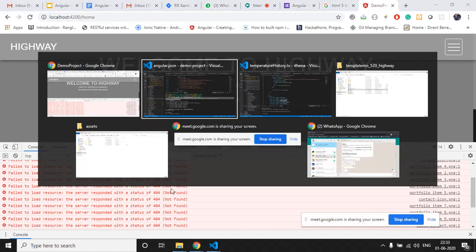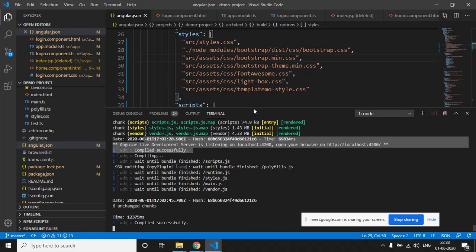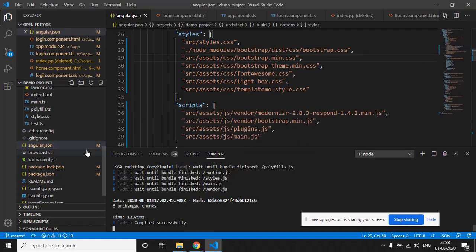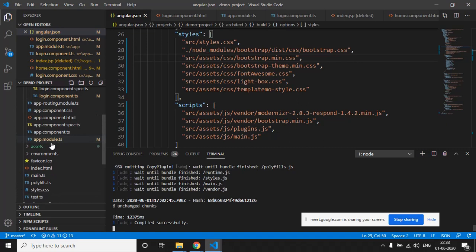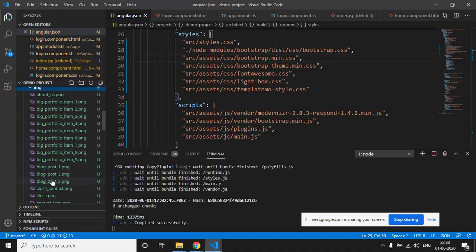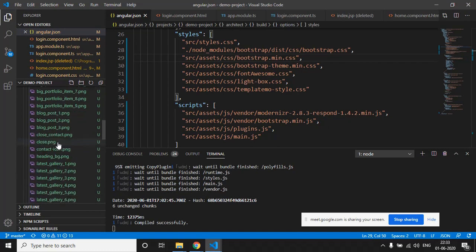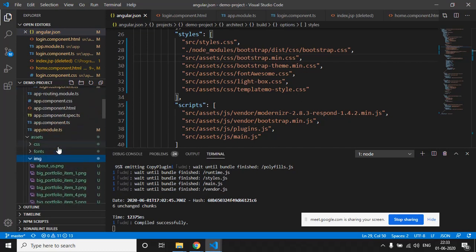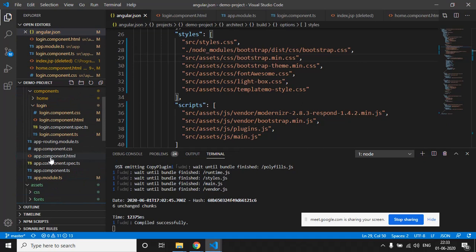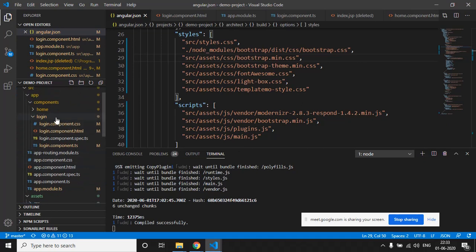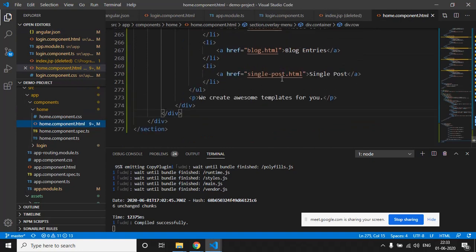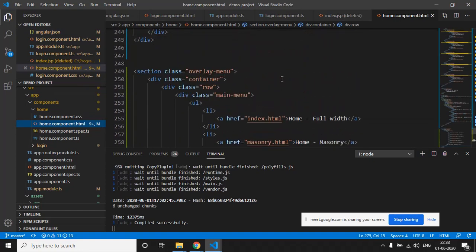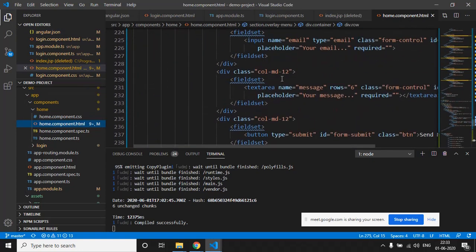We put all the images into this assets folder, assets and image folder, so all the images are present in this. So we just have to change the paths for the images so that they will be available for the web page to show. So let's see images.